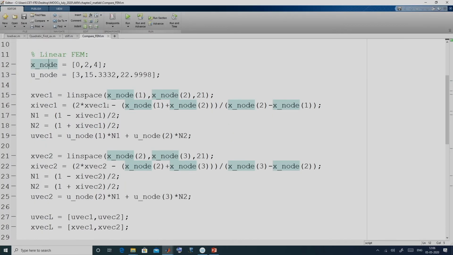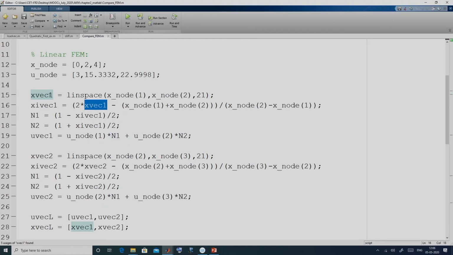So, you can see this is our x point, x vec 1, and these are our nodal values. The first and second nodal values are the terminal nodes for element 1. So, thus we get the xi values for the corresponding x values.